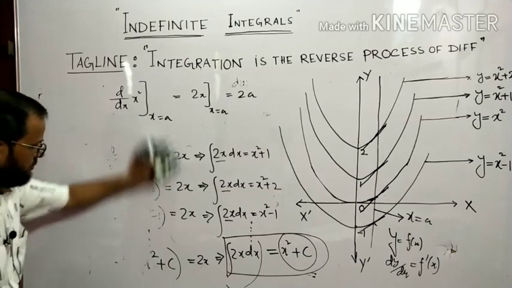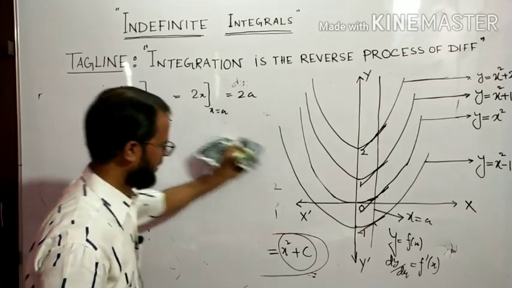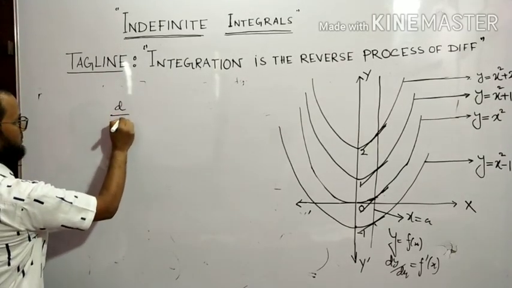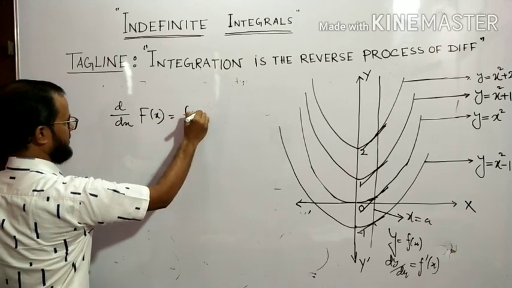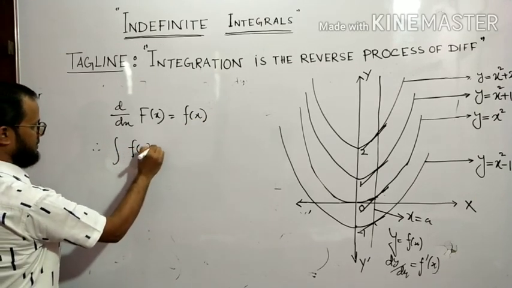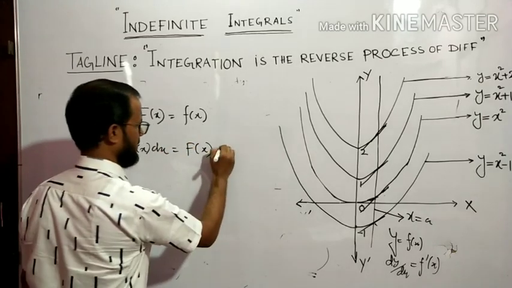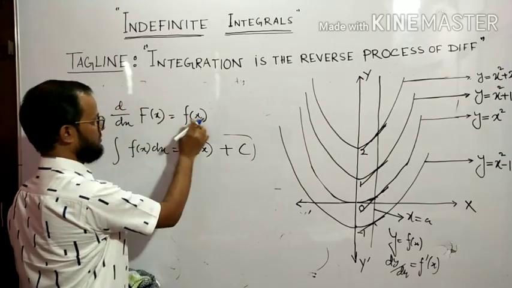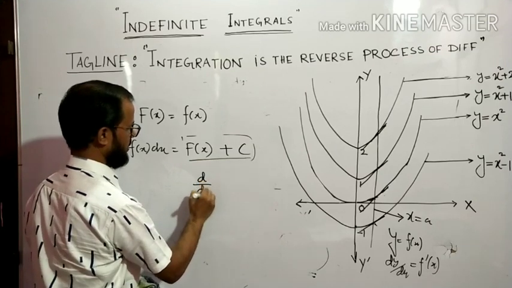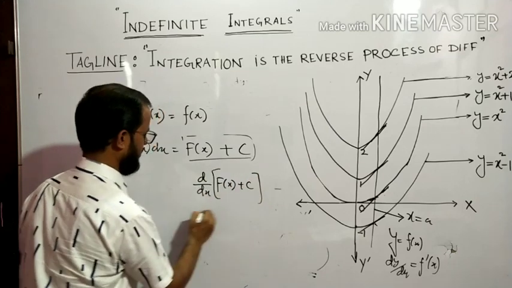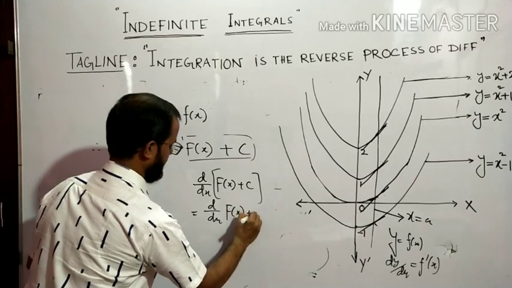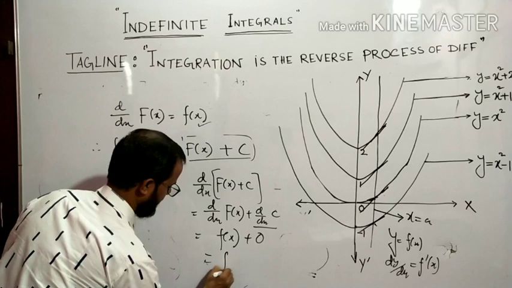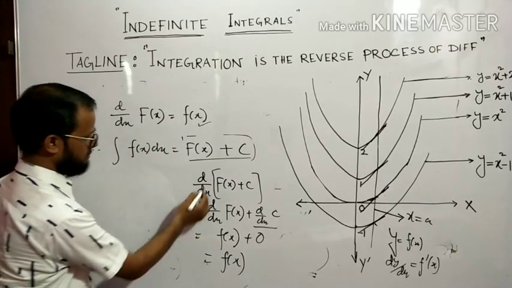Okay, so finally what we can conclude is that if you know the derivative of a function, its reverse, the antiderivative, is called the integration of that particular function. Okay, so finally what we get: if d/dx of F(x) equal to small f(x), then integration of f(x) dx is equal to what, कैपिटल F(x) प्लस आर्बिट्री कांस्टेंट। d/dx ऑफ F(x) का वैल्यू f(x) होगा, और d/dx ऑफ c, उसका डेरिवेटिव 0 है, तो फाइनली f(x) होगा कि नहीं।